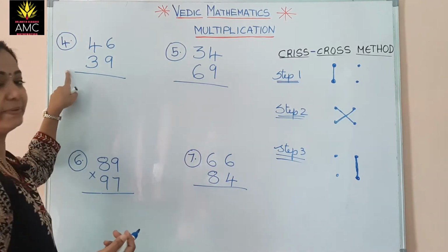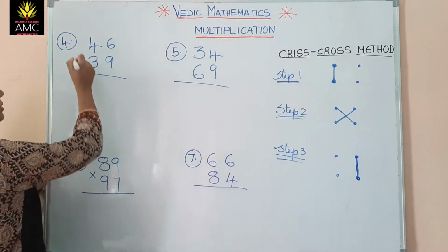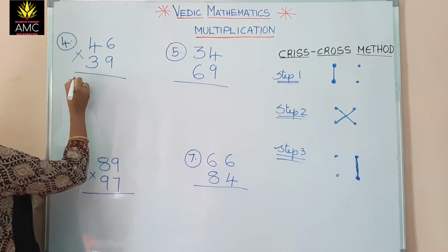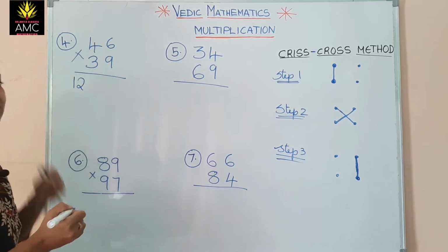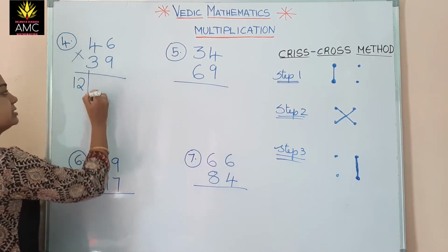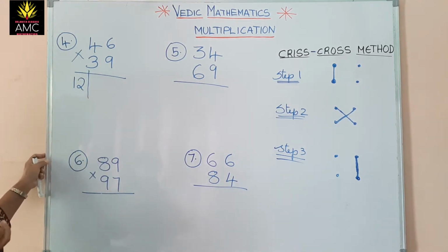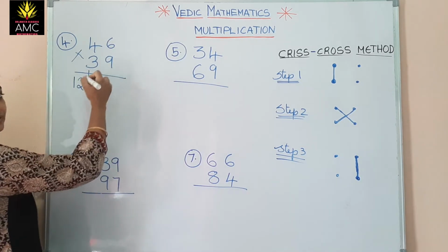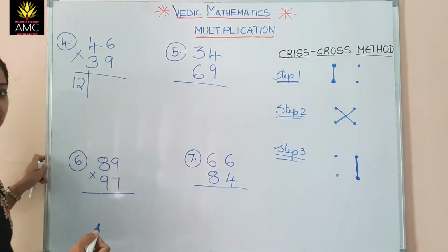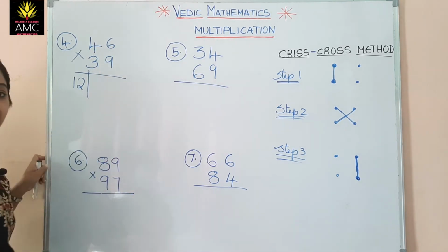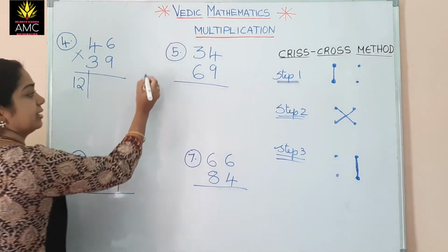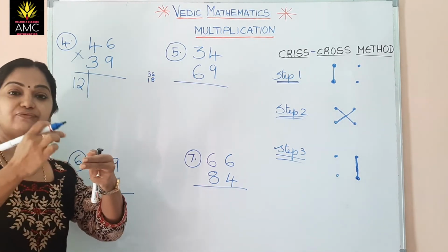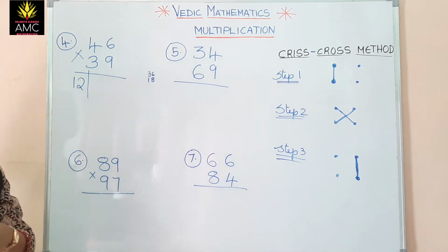Let's see another example. 46 multiplied by 39. Now, we have to start with the extreme left. 3 4s are 12. Now we got double-digit numbers. How do we deal with double-digit numbers? Just the balancing technique which we have used in Vedic maths throughout. 4 3s are 12. You place a bar here and we have to crisscross it. So, 9 4s are 36. And here 6 3s are 18. 36 and 18, just add it in your mind: 36 plus 18 is 54, 54 plus 12...